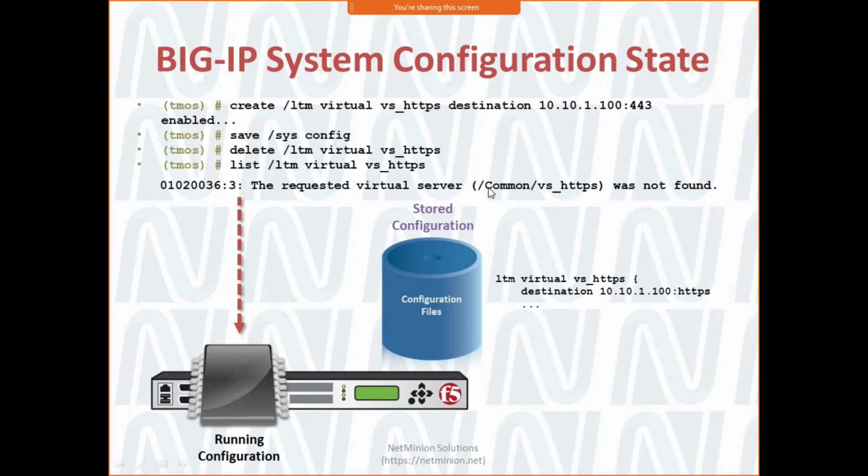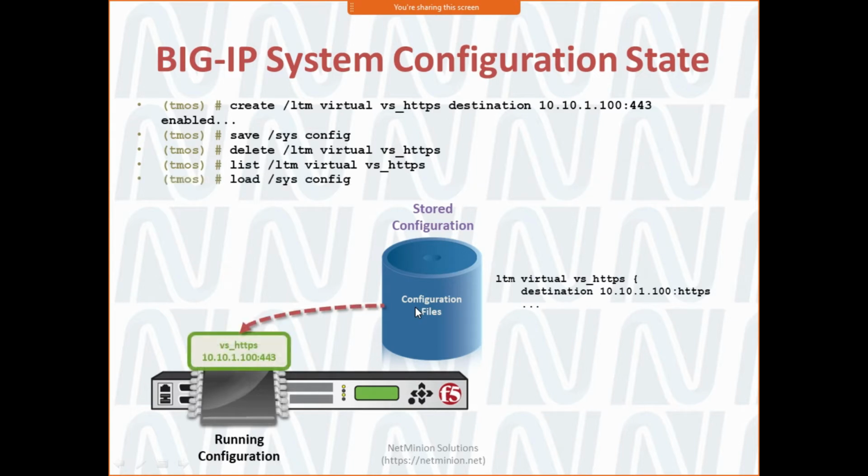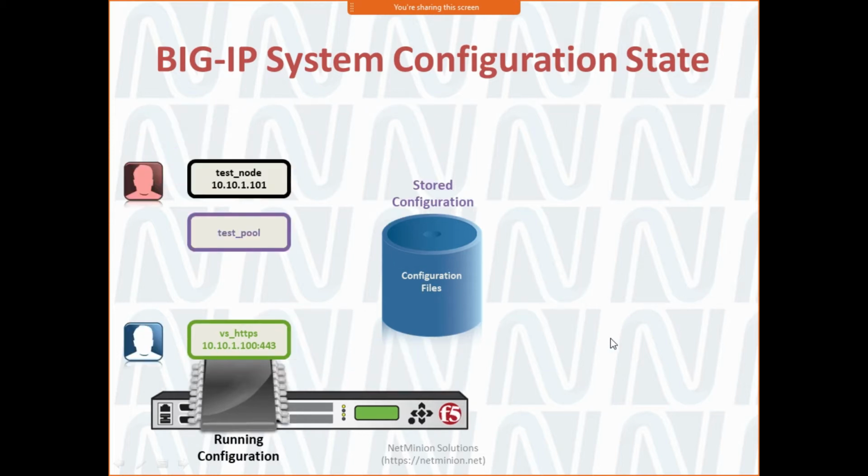So you can see currently it is deleted, and if you check it again, it shows that it is not present. But if you reboot the device, it will be shown to you, or if you just load it back, it will be shown to you. So you can see when we load it back with the system config, it shows that this file is again in your running configuration. So it is a bit like your Cisco kind of stuff. Here again we are showing the same thing in this slide as well.